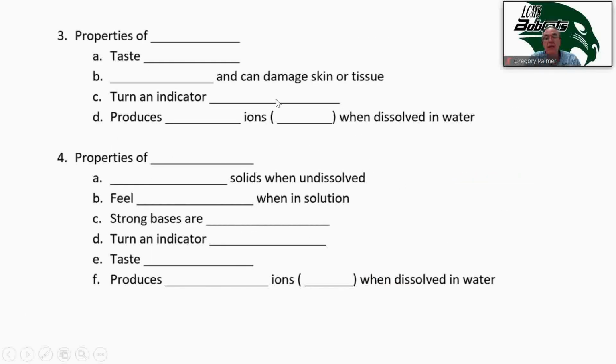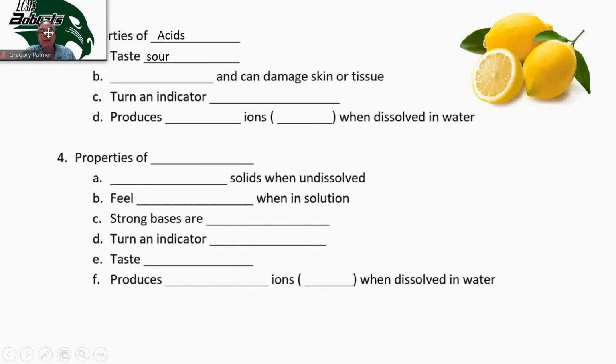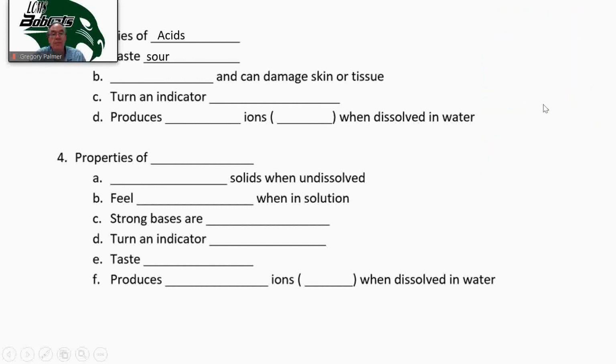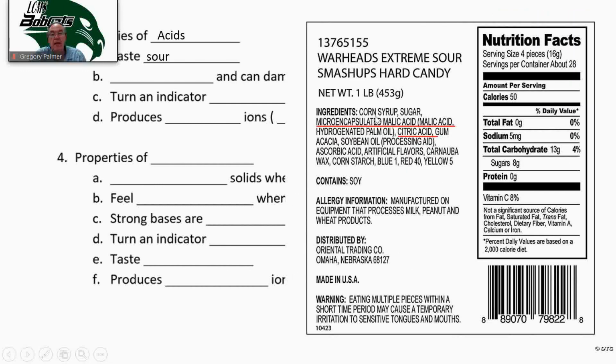Okay? So the properties of acids and bases. Okay? Acids taste sour, and so we say things like citric acid and pickles. Okay, those things are sour. Typically, acids taste sour. So things like oranges, warheads. I wanted you to look on the ingredients of those warheads, that candy, and it says it contains malic acid, and then citric acid. So they're using the kind of acid that's in citrus fruits like oranges and lemons, grapefruits,